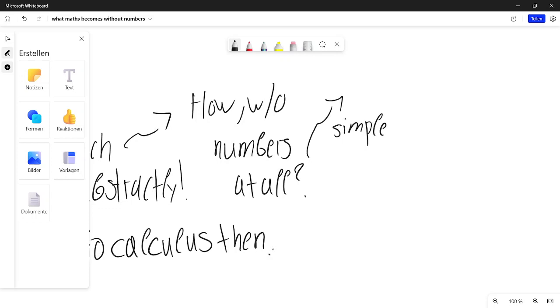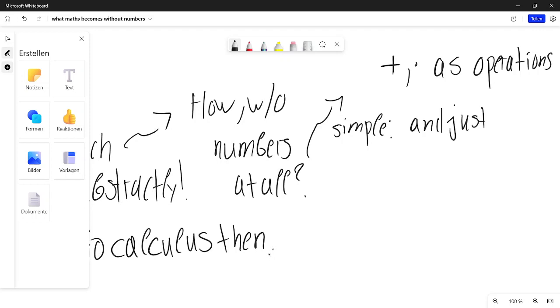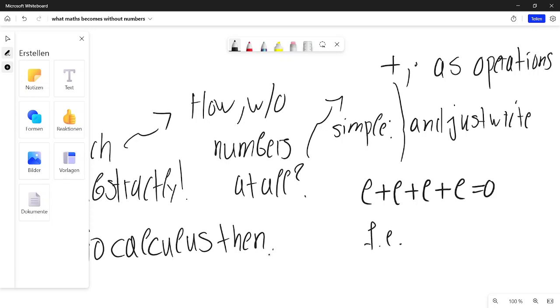Simple. Yes, operations, and just write. I don't know. Plus, for example, or of course, or let's go with K. Okay, so field for a K, we have that here, a this multiplication